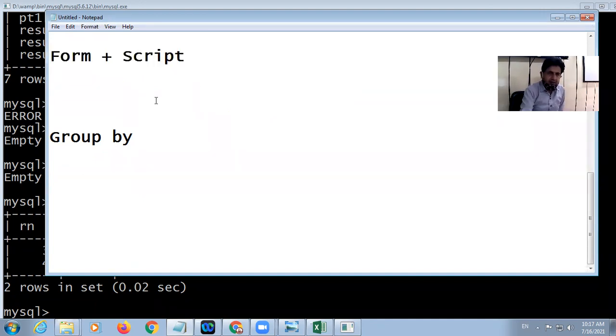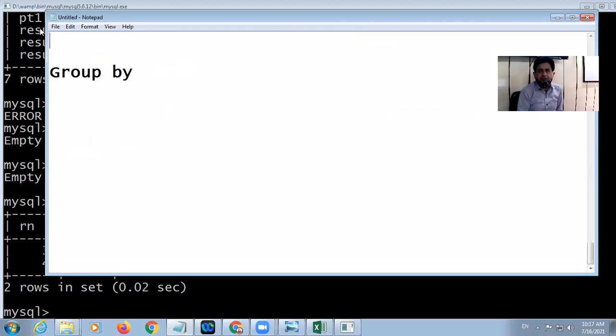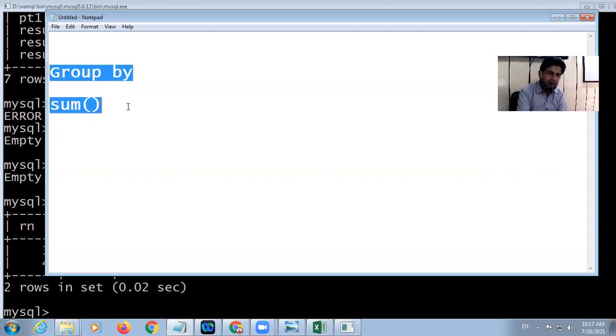And we know that in MySQL, we can perform some inbuilt functions. So first we will discuss inbuilt functions like sum, average, minimum, maximum. These are inbuilt functions. We will discuss these functions and then we will discuss the group by command.